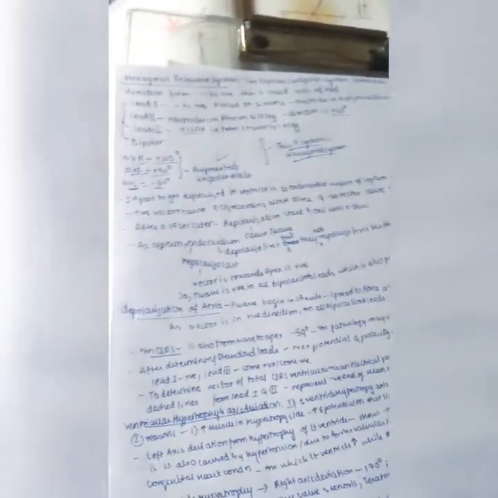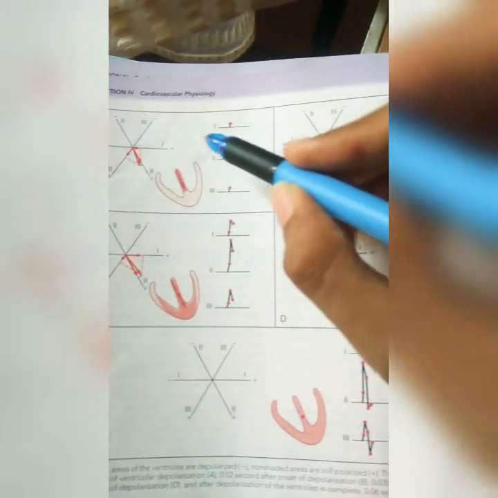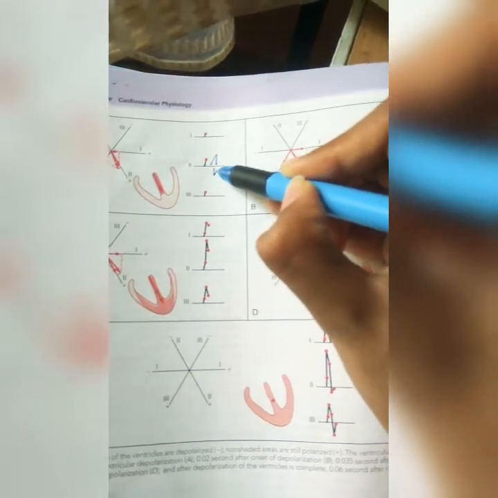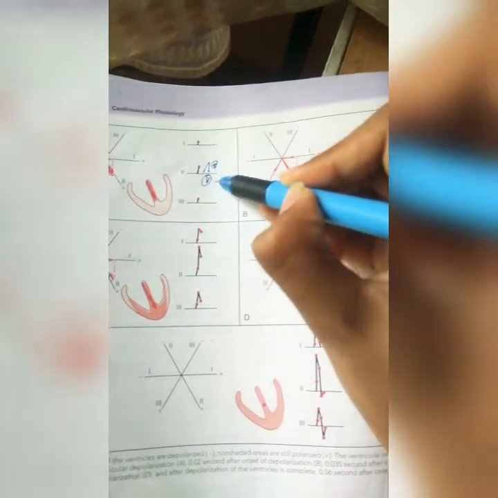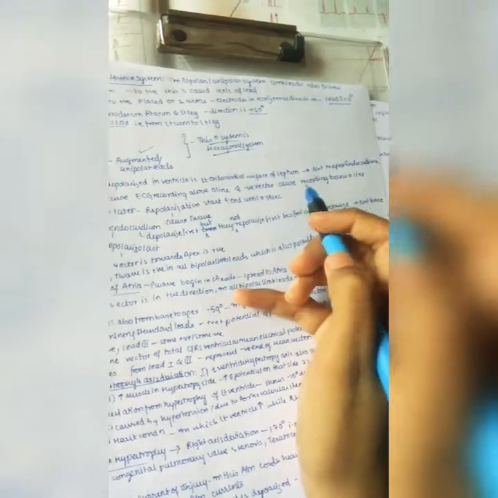Now let us see the first part to get depolarized in a ventricle, which is the left endocardial surface of the septum, because from base to apex, in the base we have the septum, and next it moves to the apex endocardium. The positive vector causes the ECG recording above the zero line. By these vectors we can get the ECG recordings. For example, if you have a positive vector, then this is the line, above this means positive, below this means negative. So the positive vector causes ECG recording above the zero line and the negative vector causes recording below the zero line.